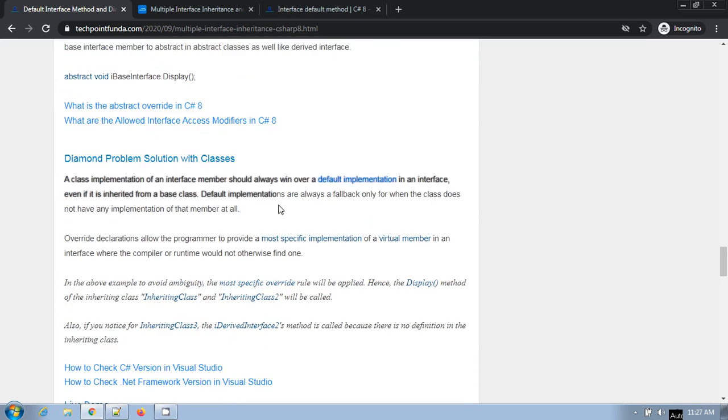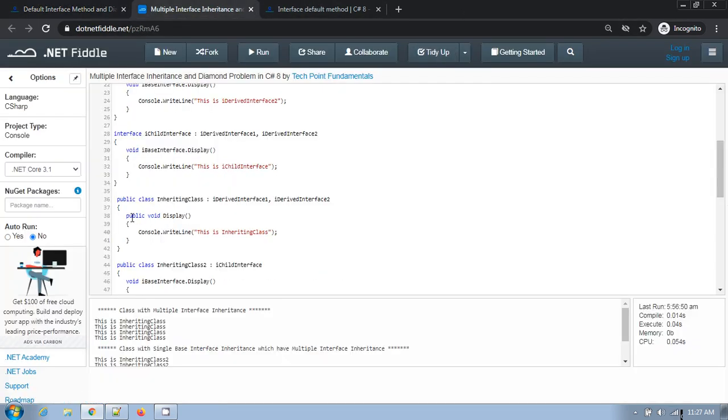A class implementation of an interface member should always win over a default implementation in an interface, even if it is inherited from a base class. So whatever you implement in the class, it will override all the implementations for base interface members.